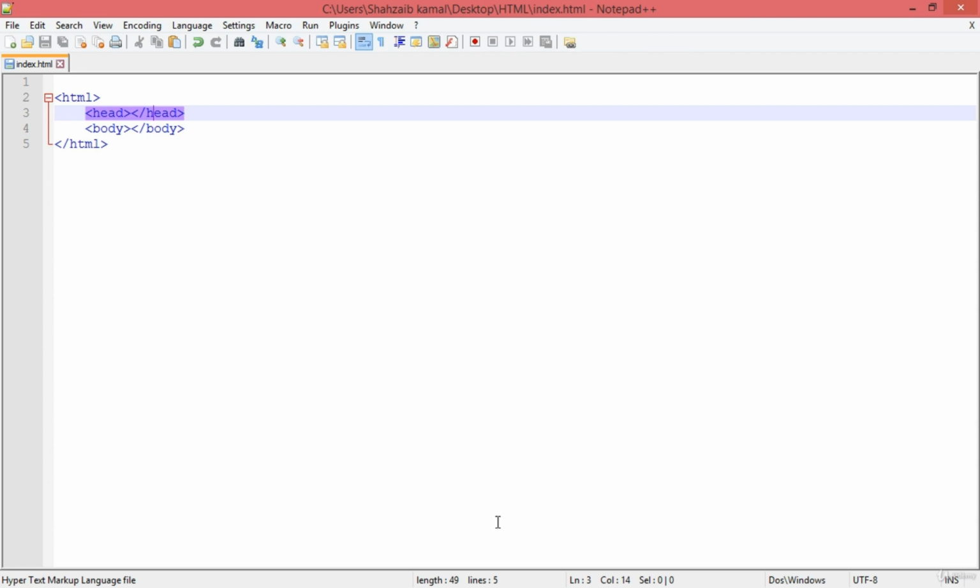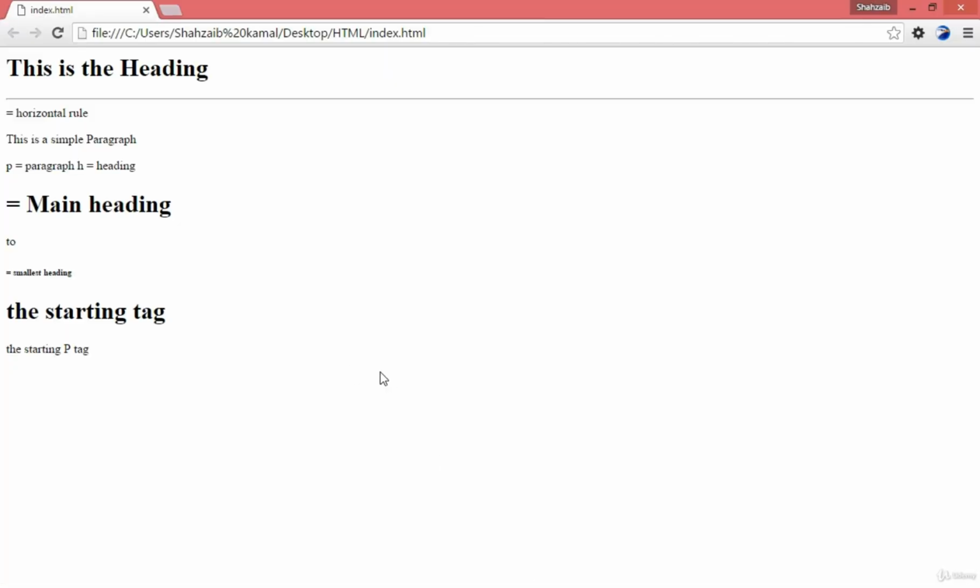By the way, I'm going to the browser to clarify something: the complete white area is called the body in HTML, and the thing we insert there, okay, in the head, this is called the head area. If you want to put the name, the title, you can put all these things in the head, and this is called the body.